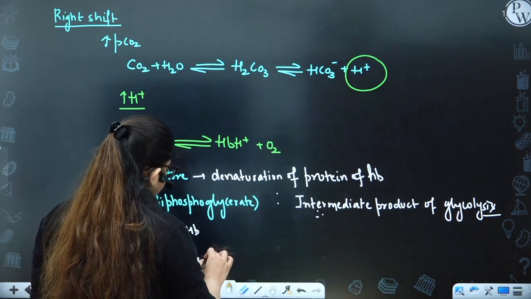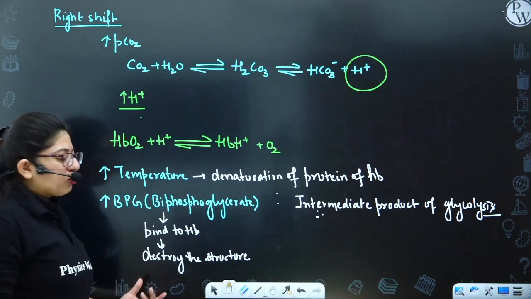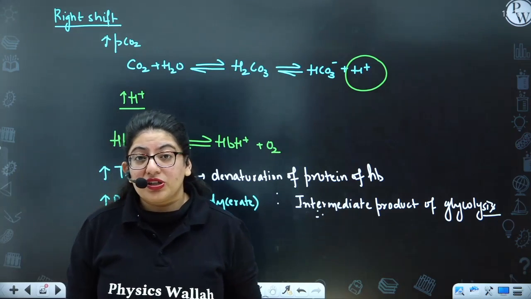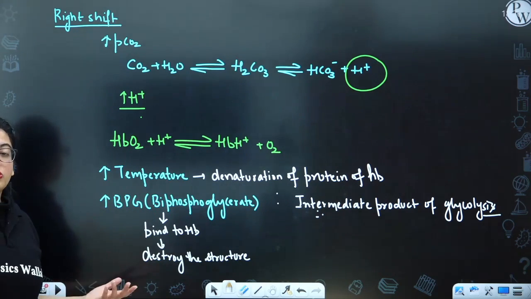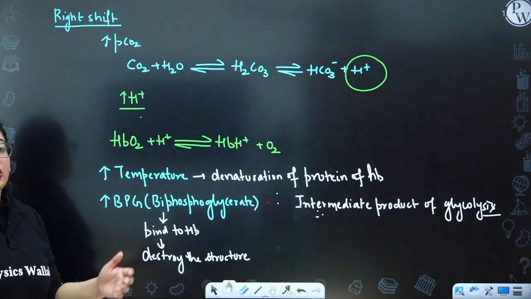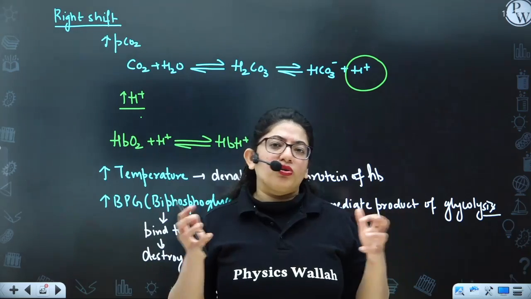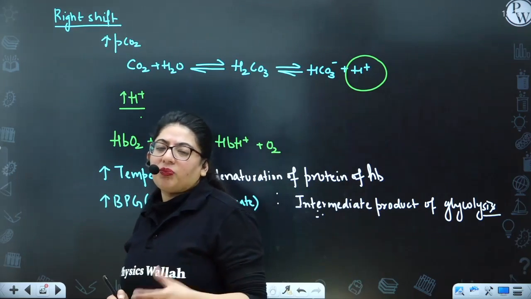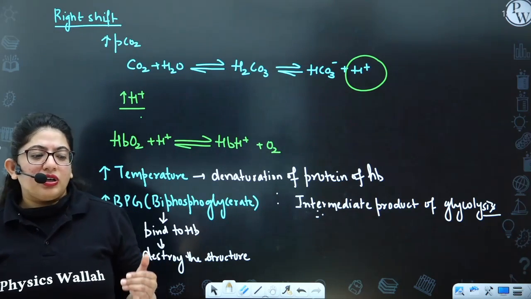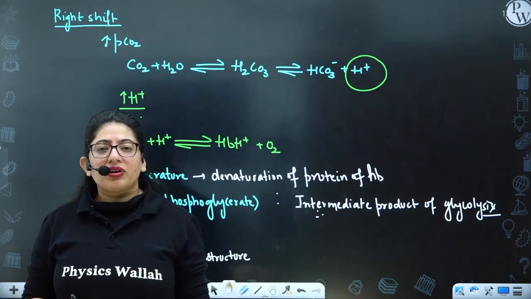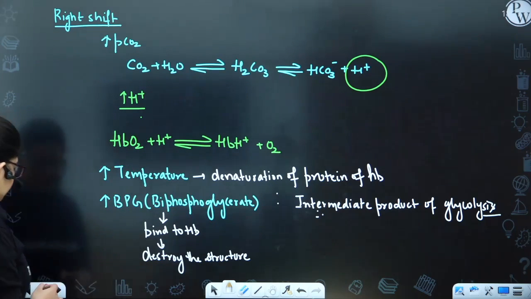So whatever is destroying the structure of hemoglobin will lead to dissociation of oxyhemoglobin, and as a result you need to have more oxygen simultaneously, so that whatever hemoglobin is left will bind to more oxygen, and hence the P50 value will increase. If previously in a normal condition it was getting saturated at 25 mm of mercury, now it may be saturated at 50 or 60 or so. So that's why there is a shift of